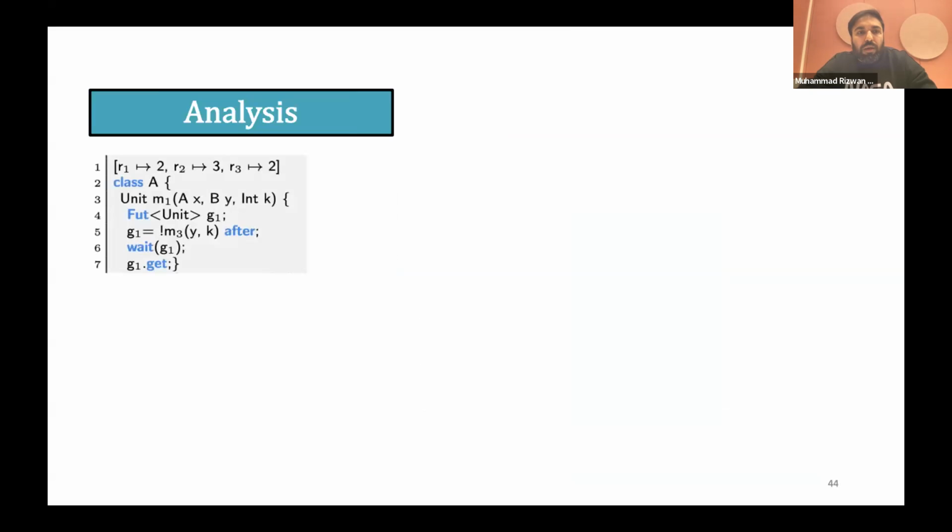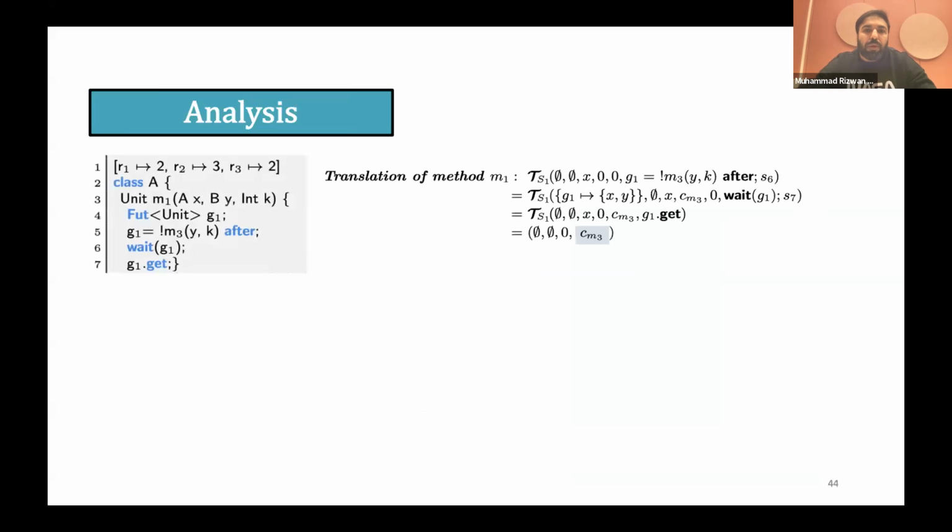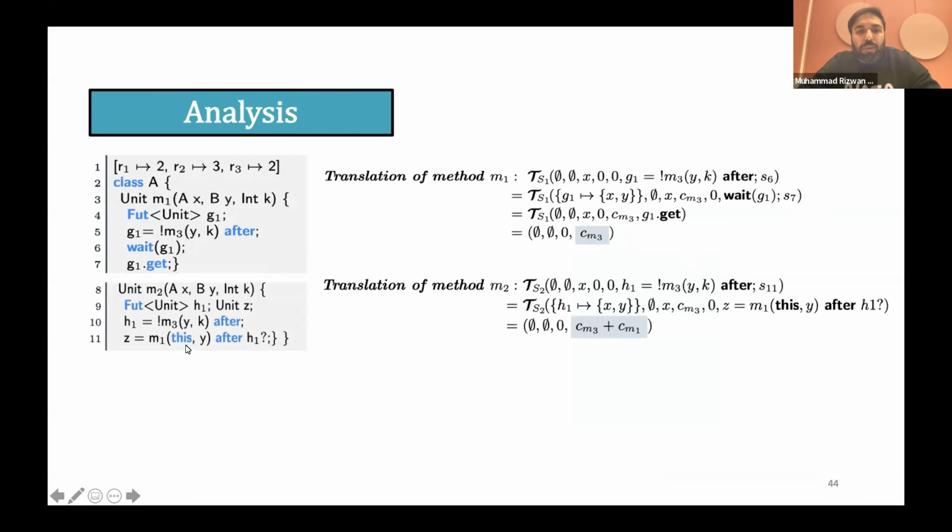Here we apply our analysis to method M1, and after applying it, we will have a cost in the form of CM3, which is the execution time of method 3. This means that the cost of method 1 depends on the execution time of method 3. Similarly, after applying this approach on method 2, this cost depends on the execution time of method 3 plus the execution time of method 1.